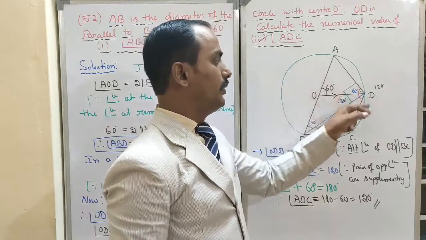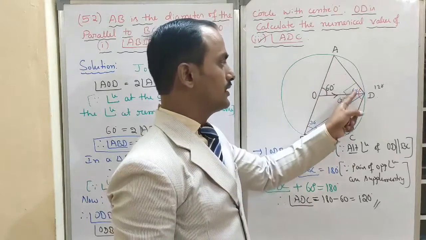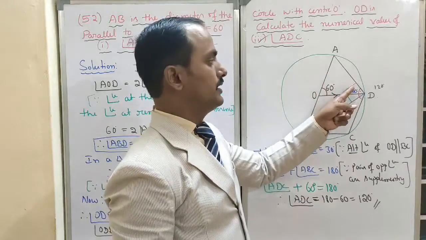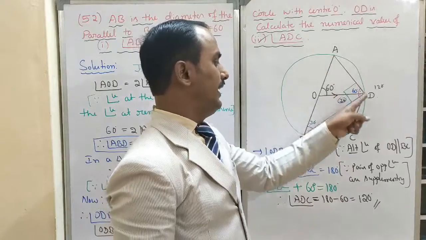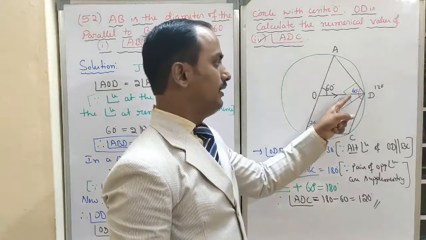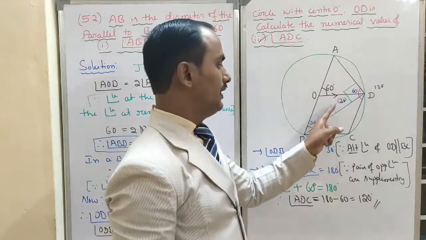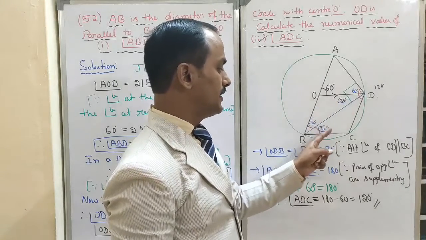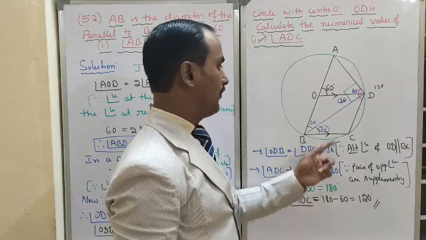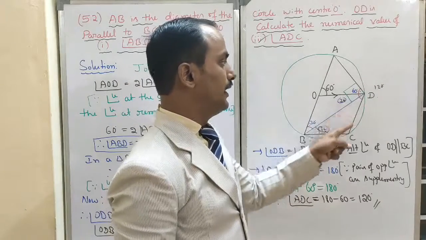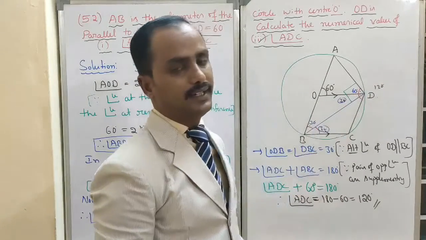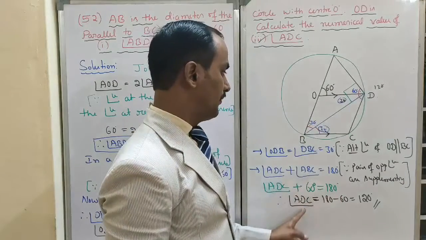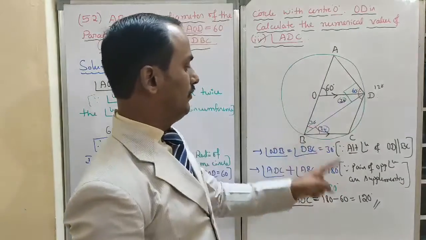Seeing triangle AOD, this angle is 60 degrees. We know that these two opposite angles are equal. Equal means 60 plus 60, 120. Because of this, the angle 60 degrees we got. Next, ADB is 90 degrees. 90 degrees minus 60 we got this 30, and this angle also 30. Alternate angles. Then we find 30 plus 30, 60 degrees. Pair of opposite angles are 180 degrees. Pair of opposite angles are supplementary. Then with the help of this condition, we found angle ADC is 120 degrees.